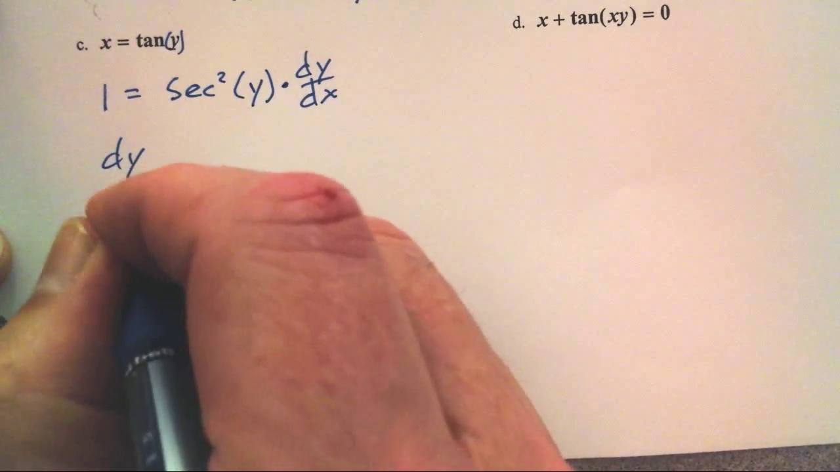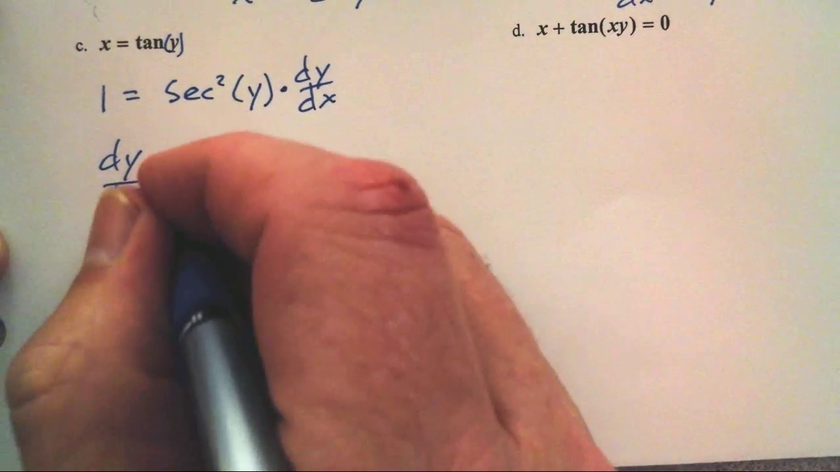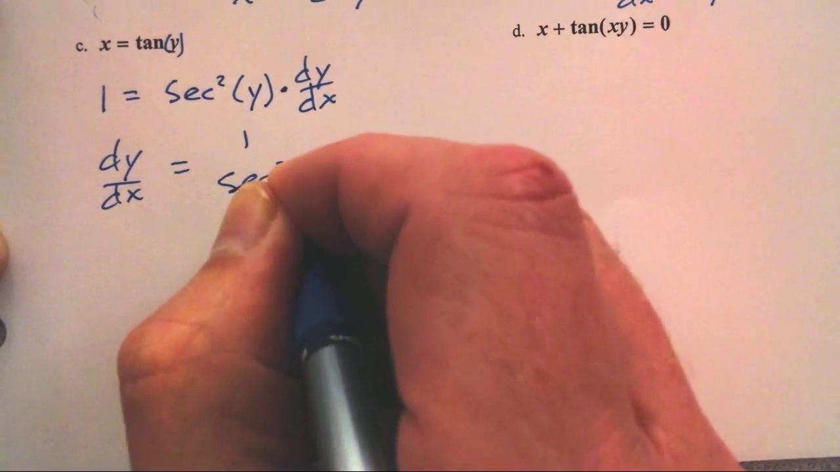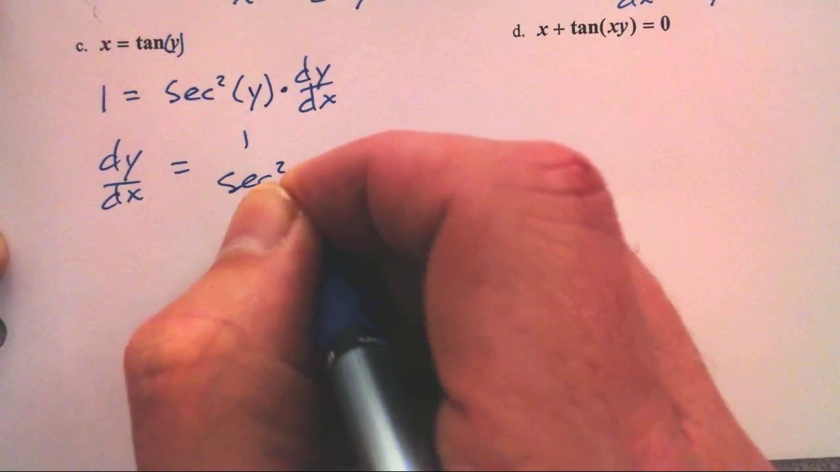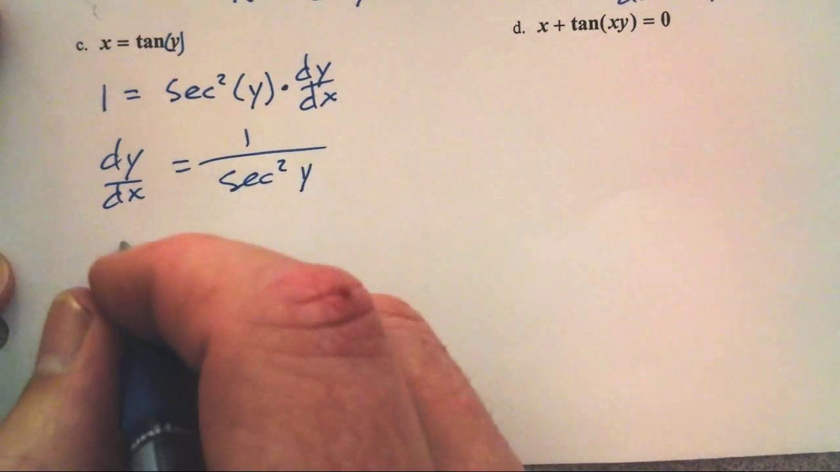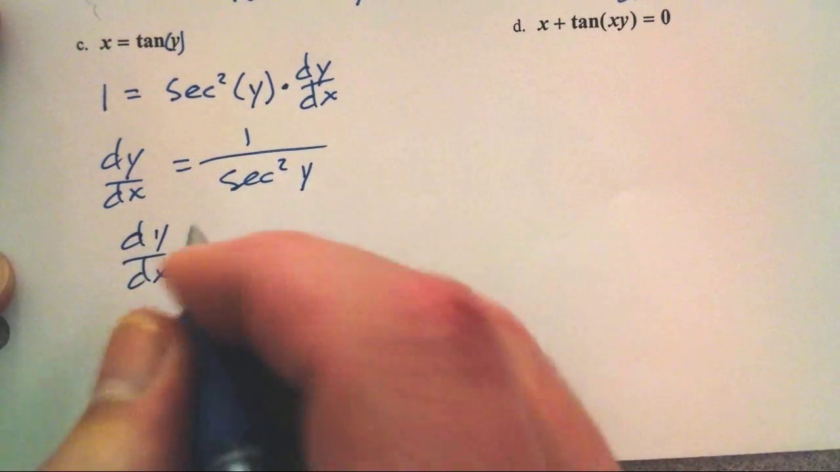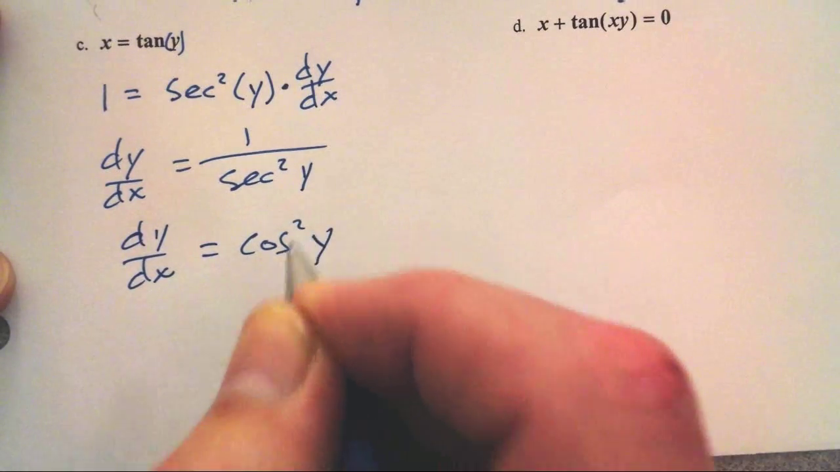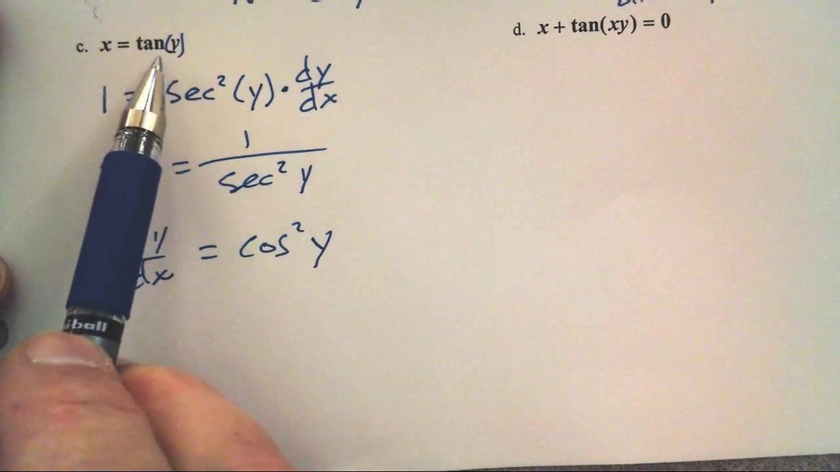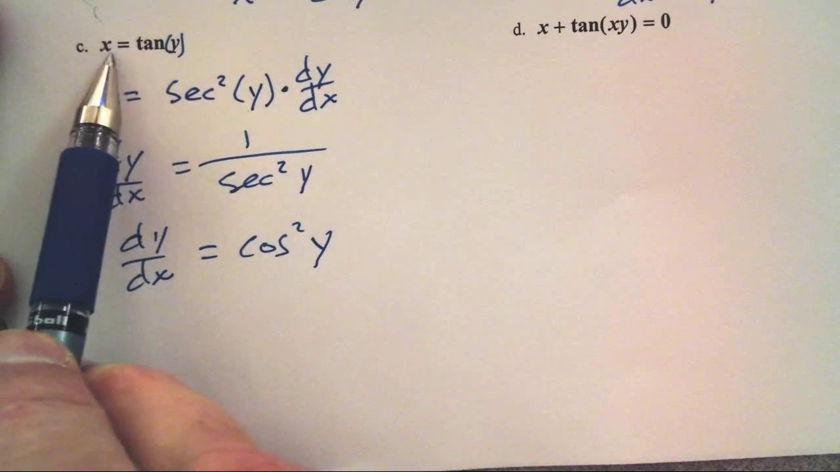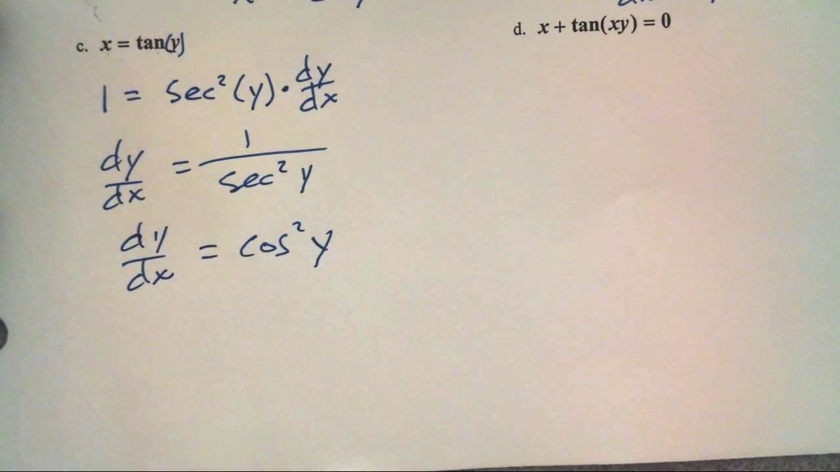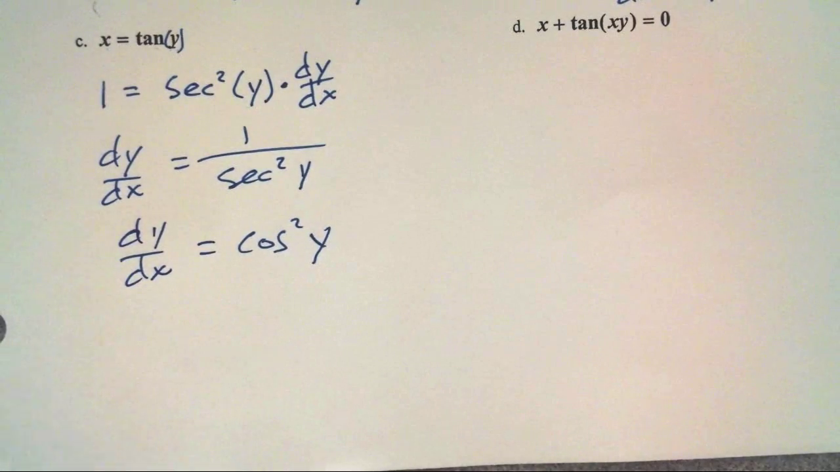Therefore, dy/dx is, divide away the secant squared, 1 over secant squared of y, or dy/dx, the reciprocal of secant is cosine, so cosine squared of y. So pretty cool. If I want to find any slope of the tangent, when we have x equals tangent y, I can just put a y value in here. I get cosine squared of y. Okay,